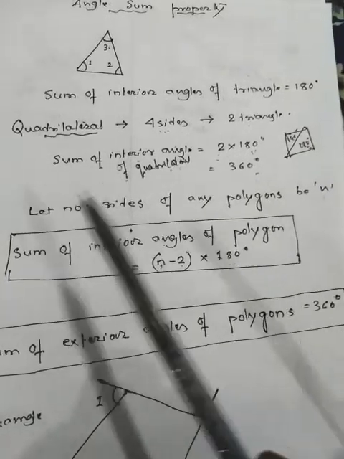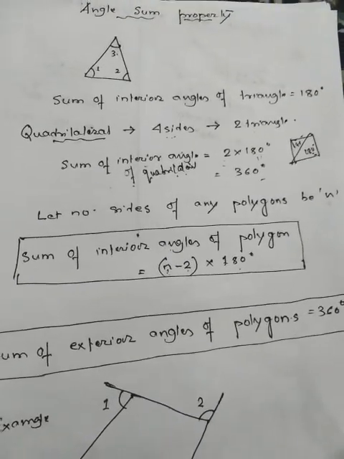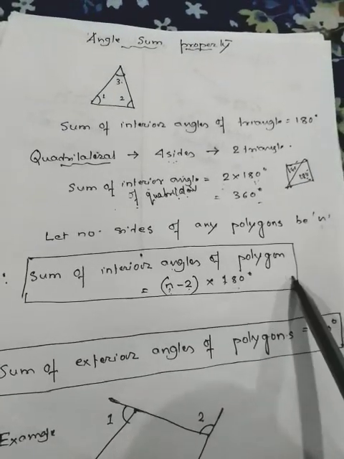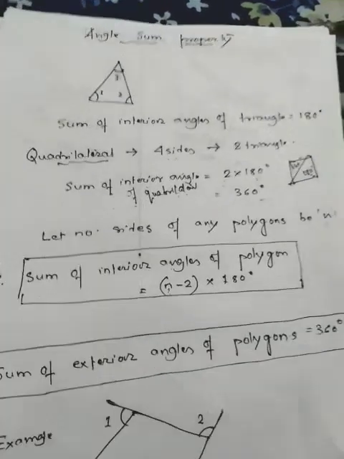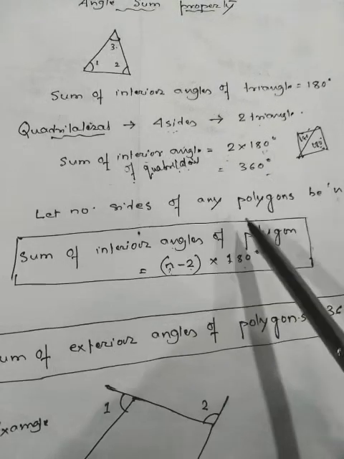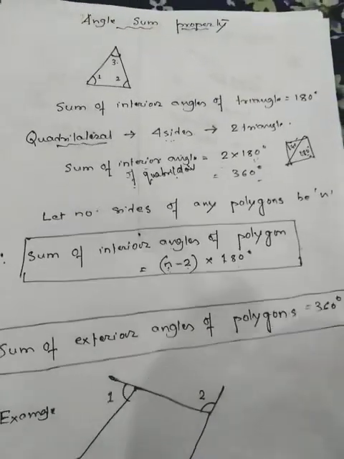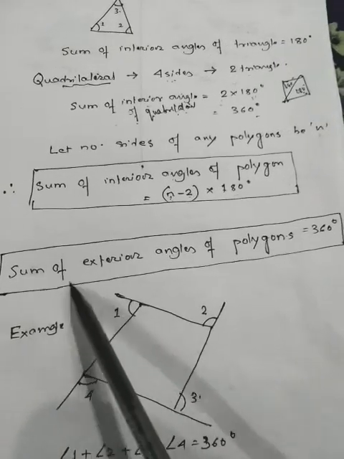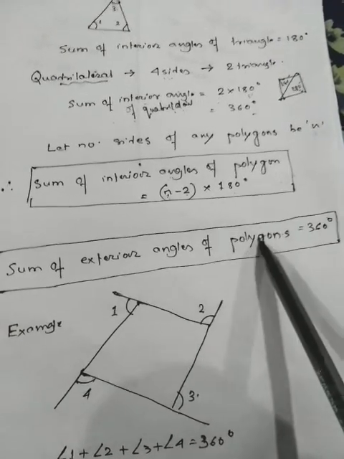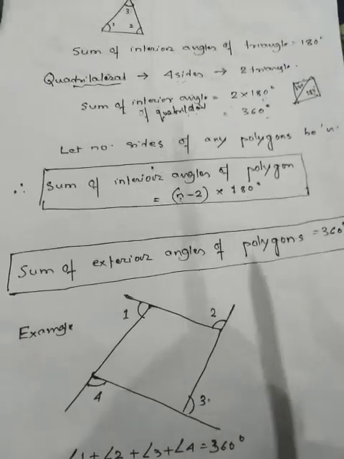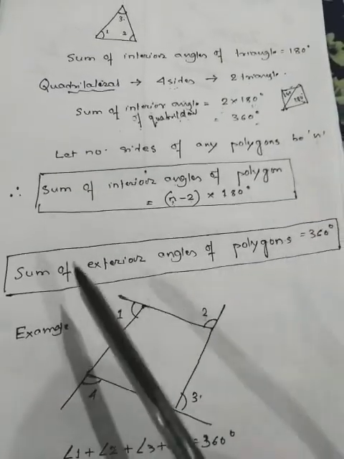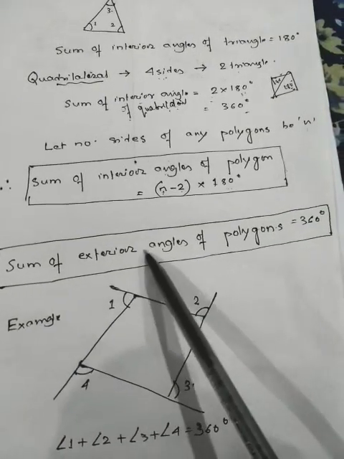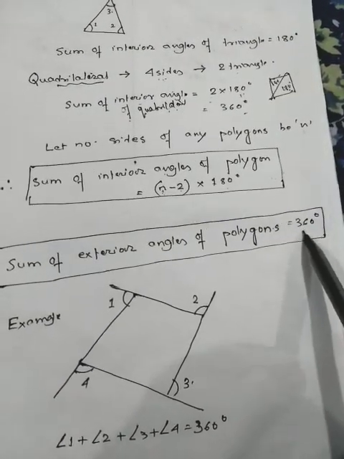I hope you have understood how that particular chart which I showed you in the first video is very important for this part of the video, isn't it? If you remember that part, if you have understood that part, then that would be very easy for you. One thing more that you have to remember, students, is the sum of exterior angles of any polygon. I'm not talking about any specific polygon, but any polygon. There are millions of trillions of polygons. So the sum of exterior angles of a polygon is always equal to 360 degrees.